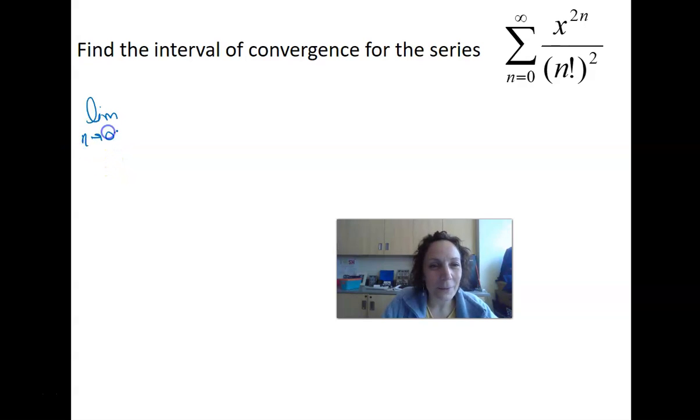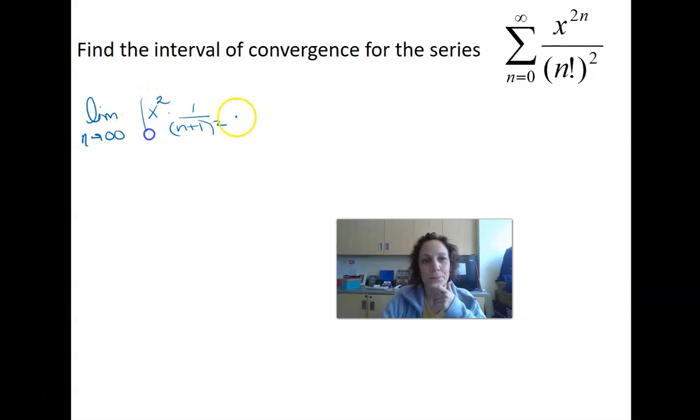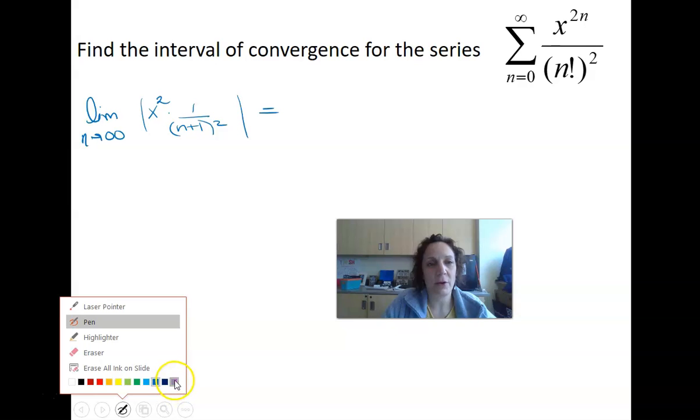Let's see. Where was I? I had x squared, right? And then I had 1 over n plus 1, and I had 2 of them, so it was squared. That's where I was. All right, so if we now evaluate this limit, now that we have it all simplified down,